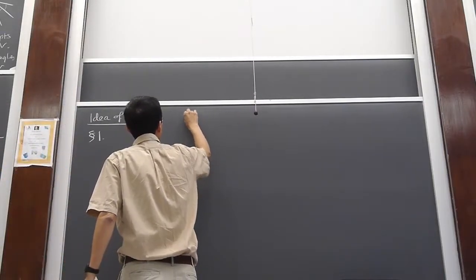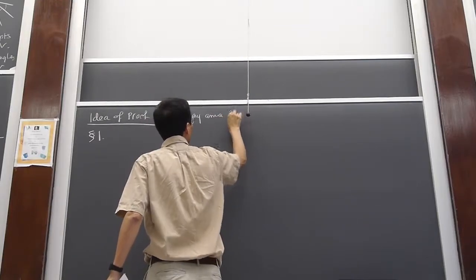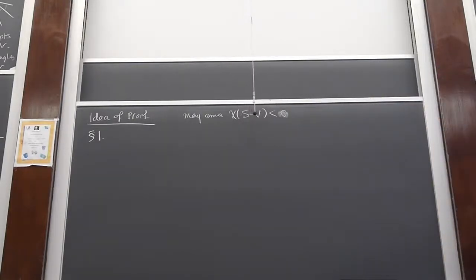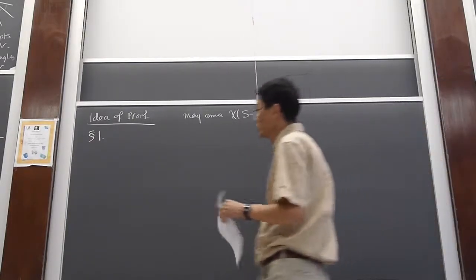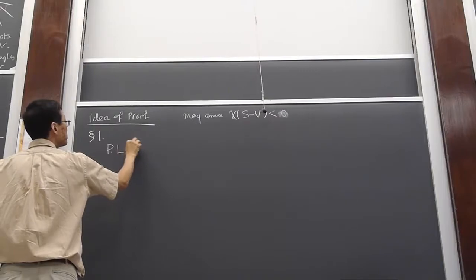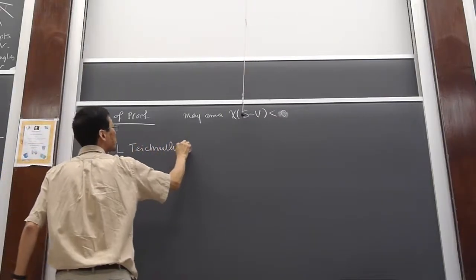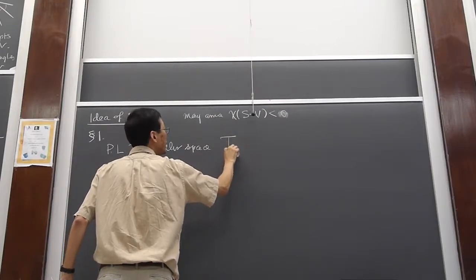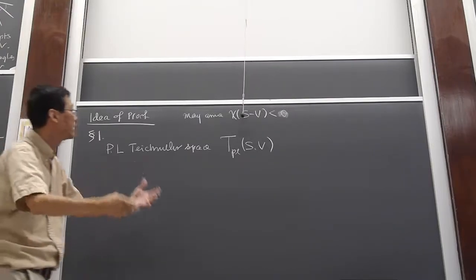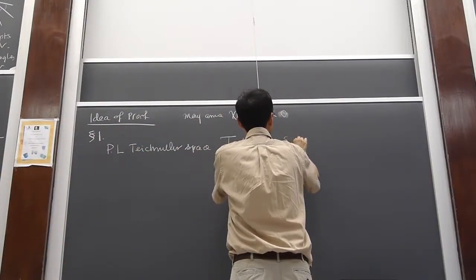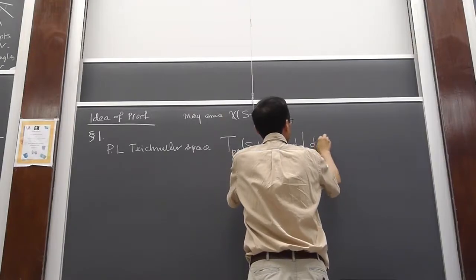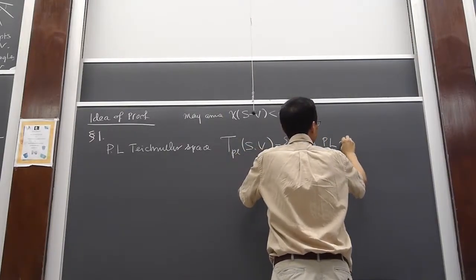So first of all, we may assume that the Euler characteristic of the punctured surface is negative. Otherwise, there are no piecewise flat metrics out there. Okay, so let's define the piecewise linear Teichmüller space. I'm going to call it T_PL of the marked surface. It's literally taking the standard Teichmüller space and doing just exactly the same. So D is a piecewise linear metric